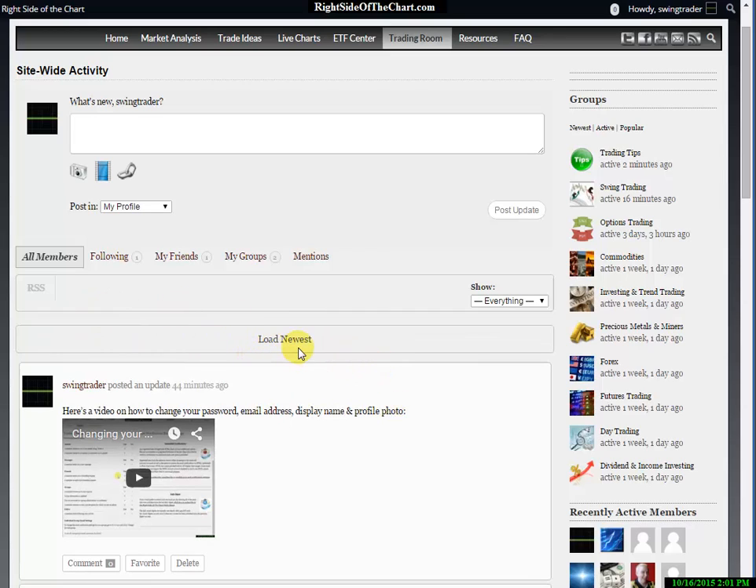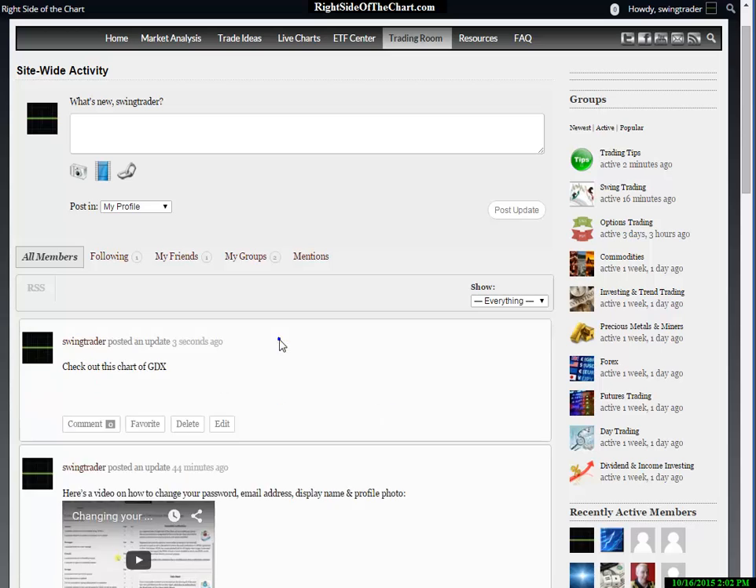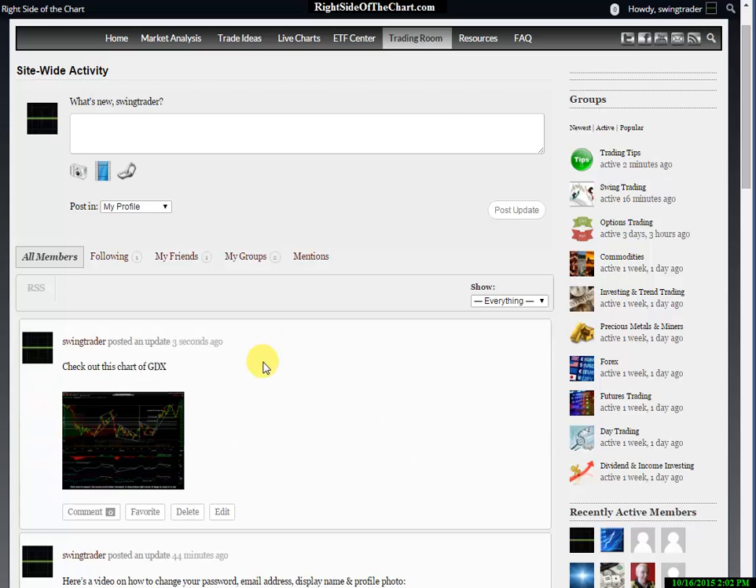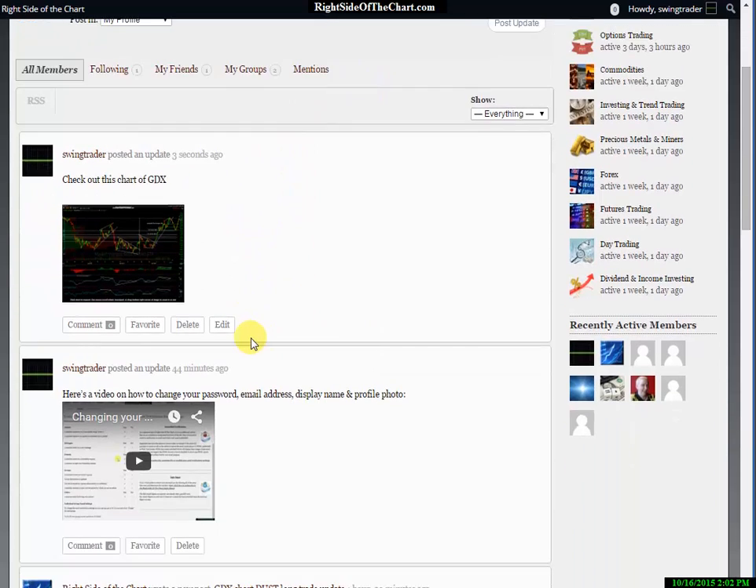Now, this load newest, anytime you submit something or somebody else submits a new post or comment on the site, within anywhere from a few seconds to usually no more than 2 minutes, I'd say the average is about 20-30 seconds, you'll see this load newest pop up. So if you're during the day or anytime you have the trading room open and you're online and you see load newest, just click that and it'll show you the latest post or comment. So there's a post made by Swing